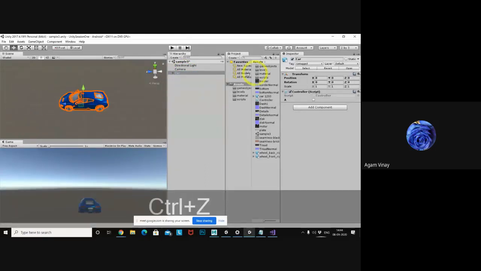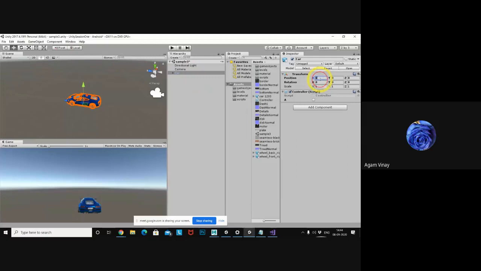I want to access the model and place these values so the car is placed at x position 1, y position 1 and z position also 1. I want these values to be changed by the script from 0, 0, 0 to 1, 1, 1.